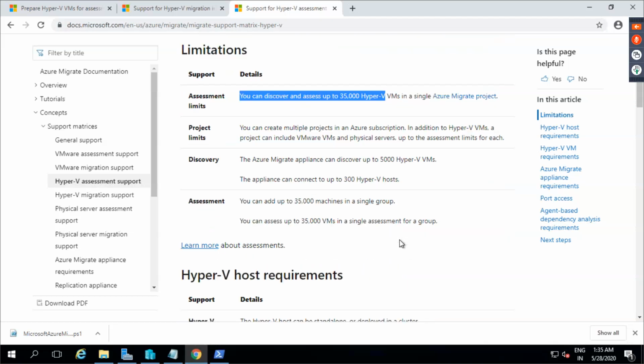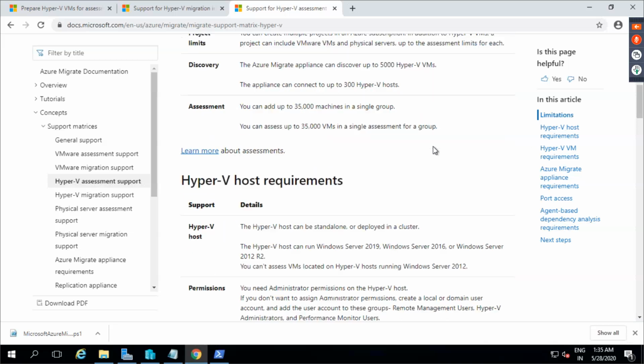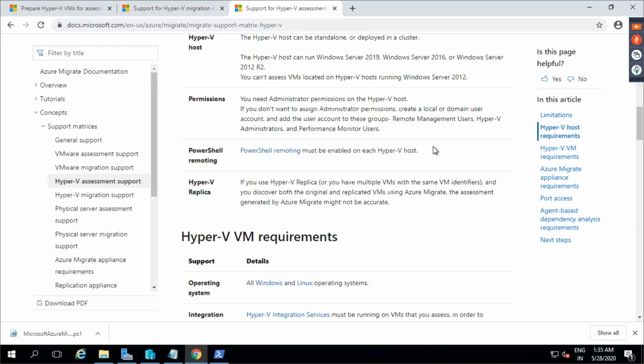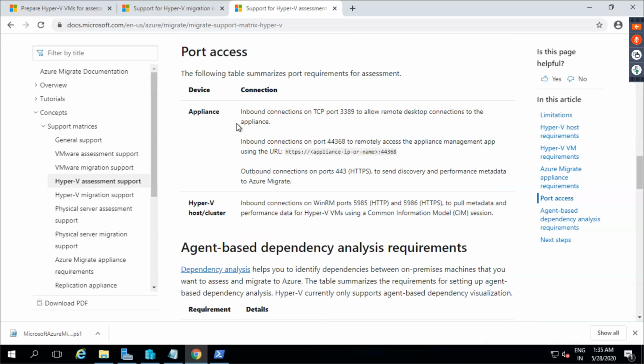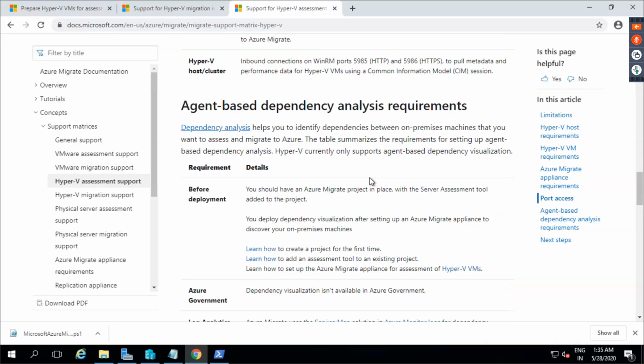Okay. So now we can do an assessment of 35,000 VMs in groups when it comes to Hyper-V machines. This number might change in the future. You might have a much higher number. This is always changing. And now, what are the different ports that your machine will be accessing?